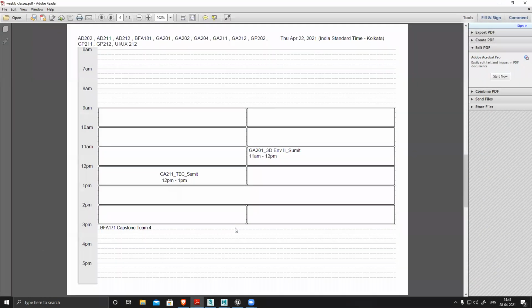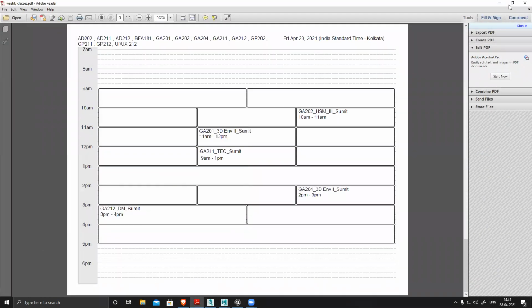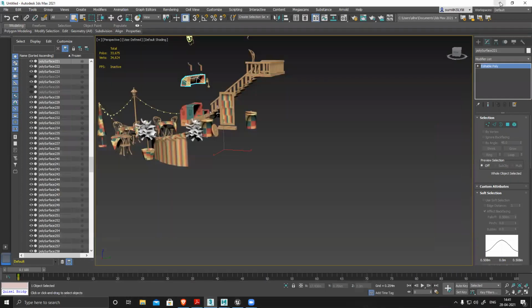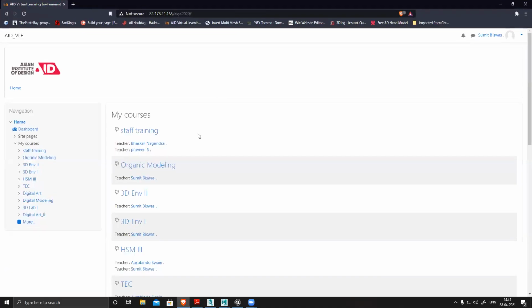No, tomorrow we don't have class. Day after tomorrow we have class. So day after tomorrow we'll start packing our UV and then fix everything and start texturing, because UVs are very important. If UVs are not good, texturing will become very difficult.